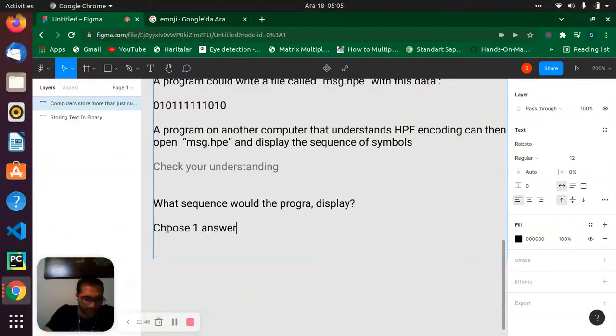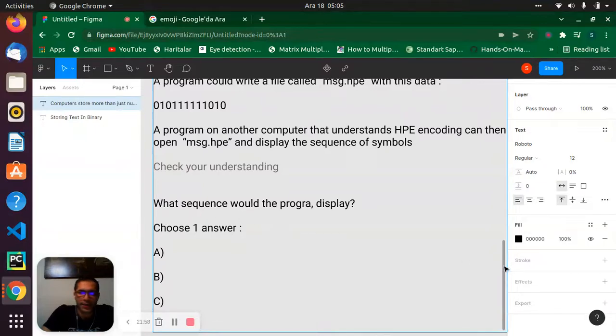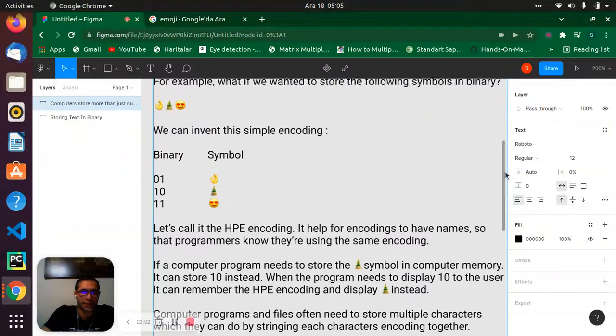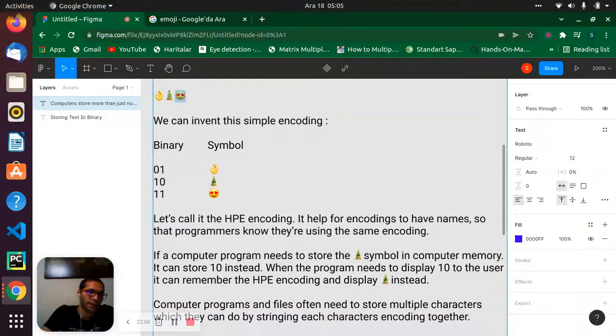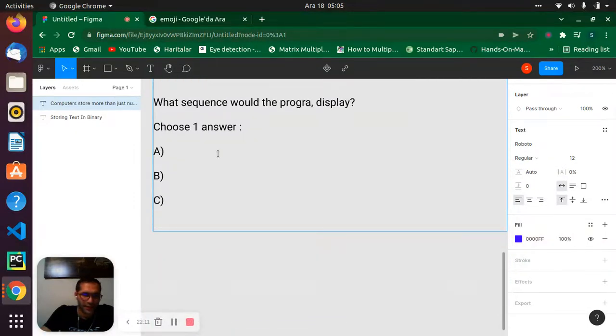Okay, let's say this one is A, this one is B, and this one is C. And let's put there our emojis, and let's come here. I will take all of these emojis down, and let's put them here.